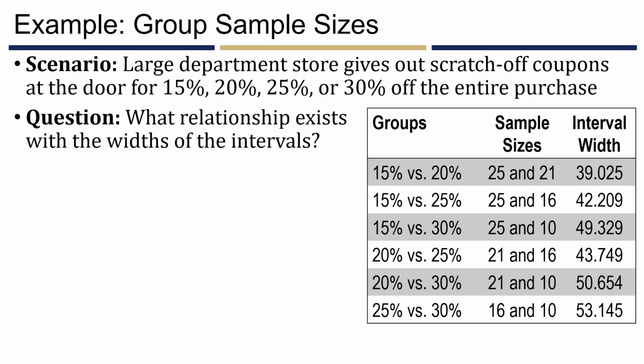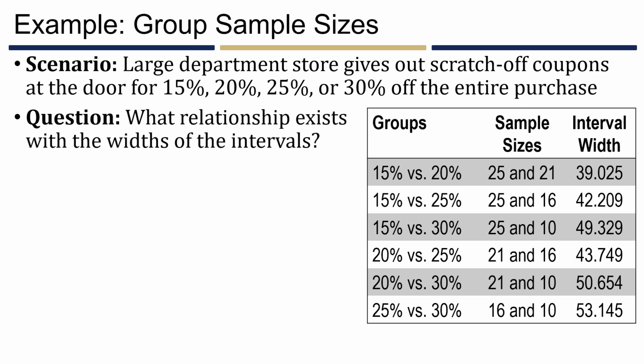So the last thing that I want to address in this lecture is the relationship that exists between the widths of the intervals. So if we take a look at the groups that are comparing the 15% off coupon to the 20% off coupon, those groups had sample sizes of 25 and 21, giving us a confidence interval width of 39.025. If we look at the one at the very bottom, where we have 25% off compared to 30% off, we had sample sizes of 16 and 10, which gave us a confidence interval width of